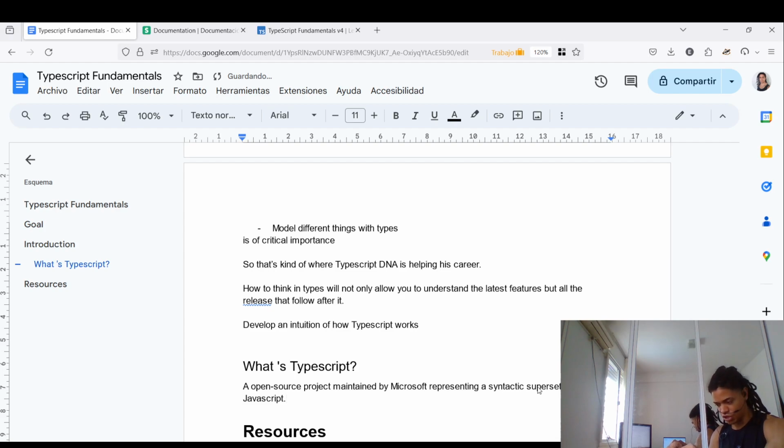It's syntactic because the syntax is how you write it. It's a syntactic superset of JavaScript. And what that means is where JavaScript's syntax ends, you could think of that as sort of where